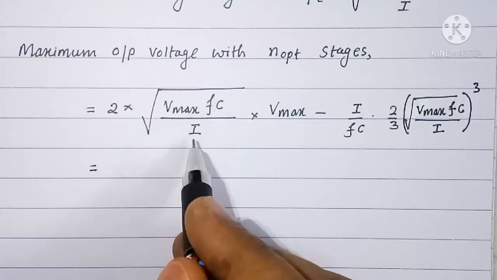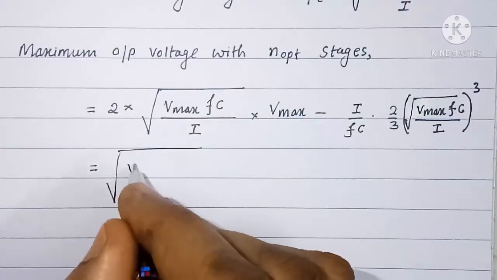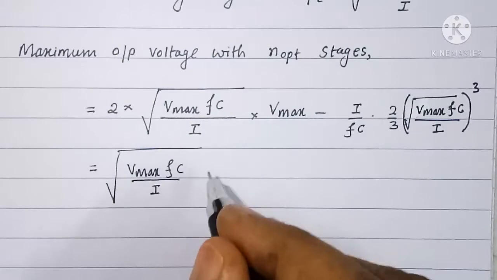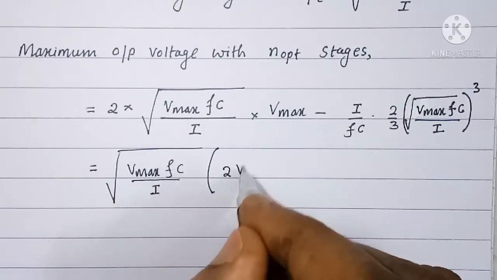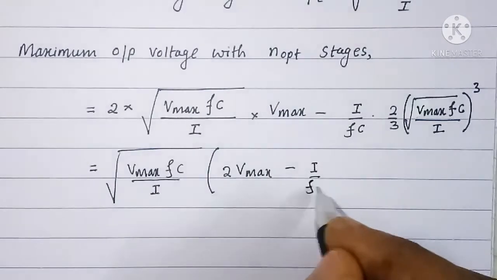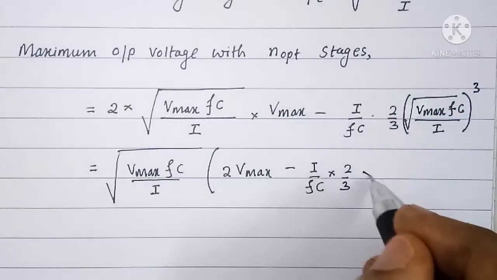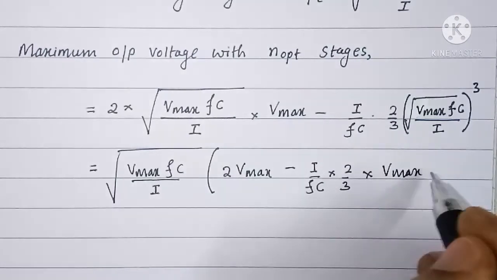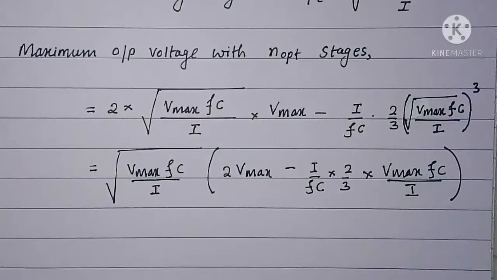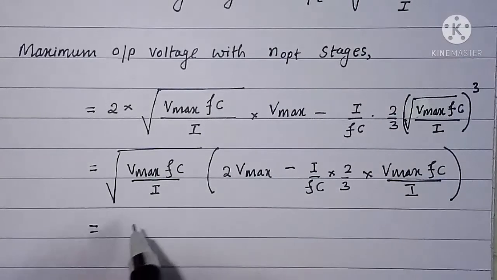Taking under root Vmax Fc by I common outside, we get two into Vmax minus I by Fc into 2 by 3 into Vmax into F into C by I. Here we can cancel Fc and Fc, I and I. So we get